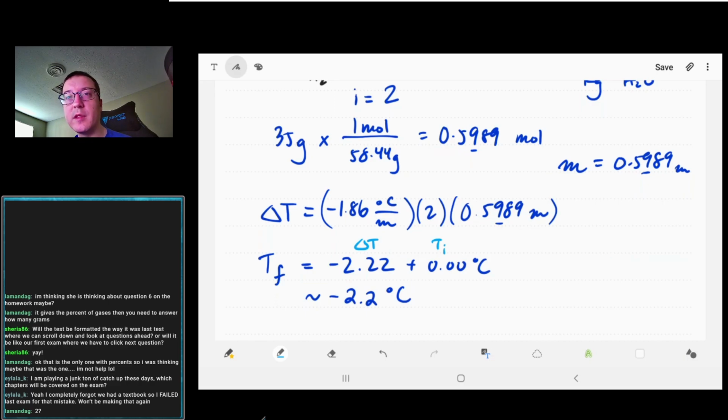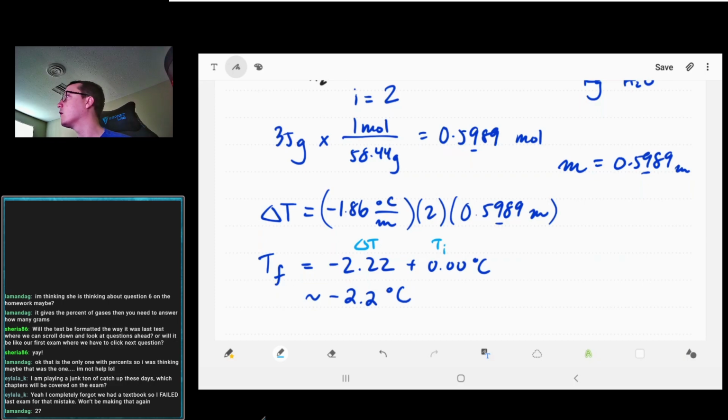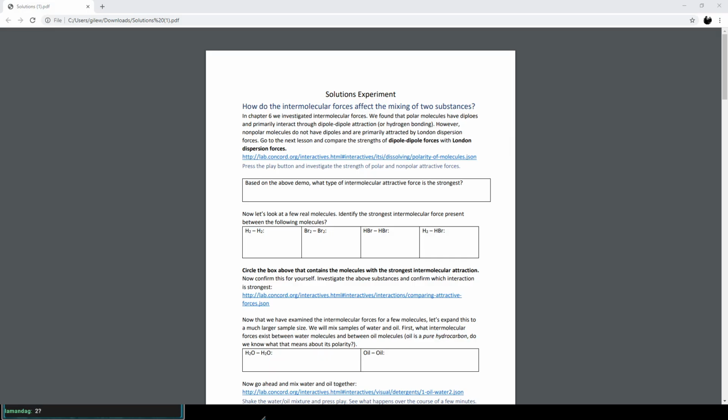Let me pop this window open. Let me make a new window then. That's the one. So for our solutions homework,